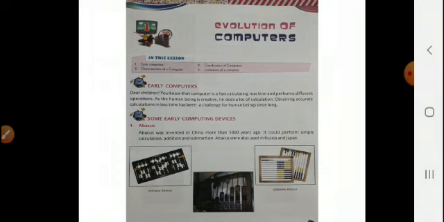So early computers. We know very well what is the need of computer and how the computers were generated. The computer is a fast calculating machine performing different operations. As a human being is creative, but he cannot do accurate calculations in a short time. To overcome this problem, he created the computer. So in the early time, what were the devices? Here are given some early computing devices.